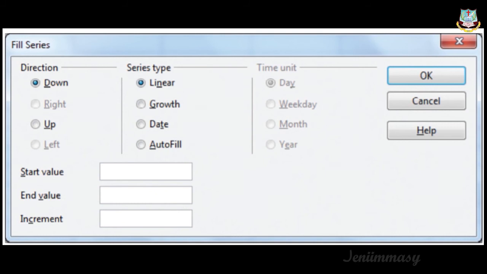Increment: the next value, that is the third value, will be generated based on the first and second values of your series. If you want to generate a decreasing order, a negative value should be specified as the increment value.